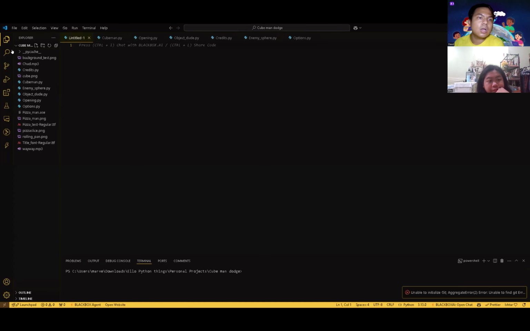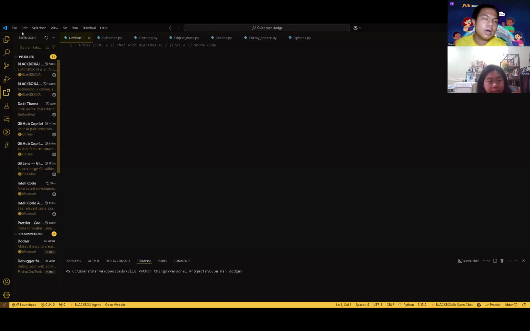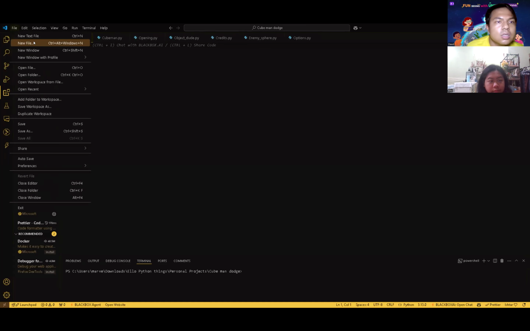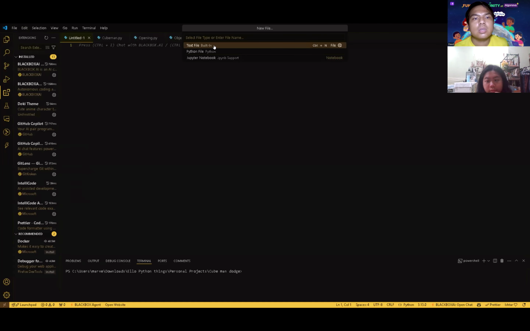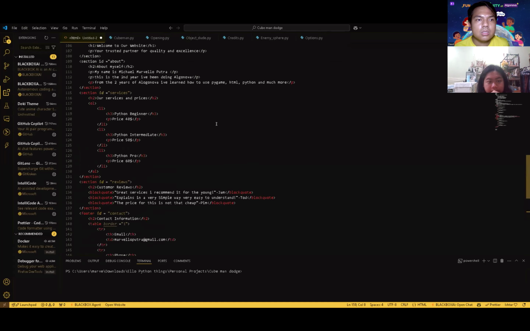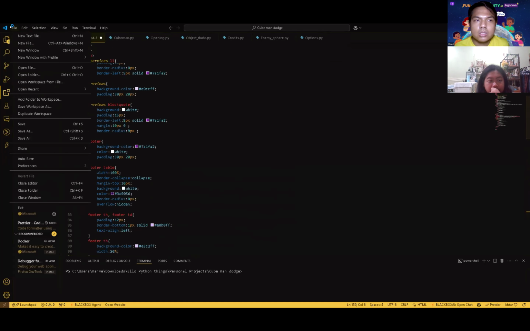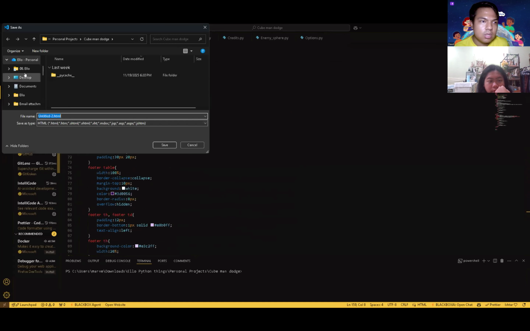Now, you can click a new file in there. Yes, and then text file. Then paste, and then save. Control S, you can do that as well.